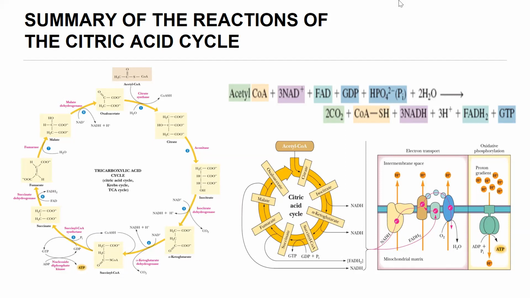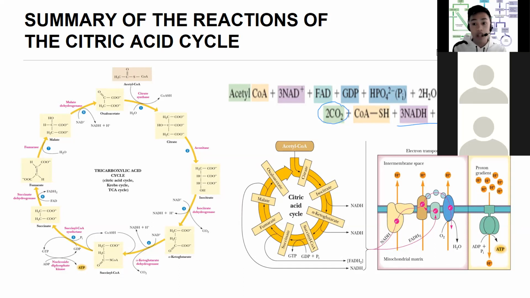So what are the byproducts? For every acetyl coenzyme A that enters the cycle, you get 2 carbon dioxide. Those are the important byproducts, no? For every acetyl coenzyme A that enters the Krebs cycle, always remember, the important byproducts that you need to remember are that it produces 2 carbon dioxide, 3 NADH, 1 FADH2, and 1 GTP, which is chemically equivalent to 1 ATP molecule. Do you follow? So these are the important byproducts upon the complete oxidation of the acetyl portion of the acetyl